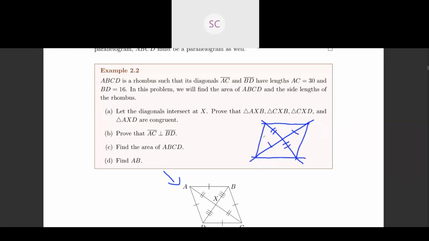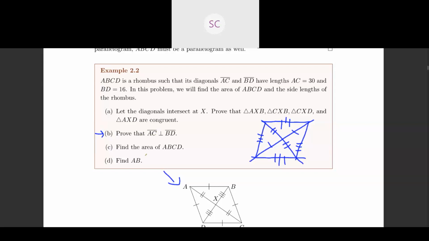But we also know another property of the rhombus is that all sides are equal in length. So you can do this. And now to prove that they're all congruent, well, it's pretty trivial from here. We just have SSS congruence for all of these. So this pretty much just solves